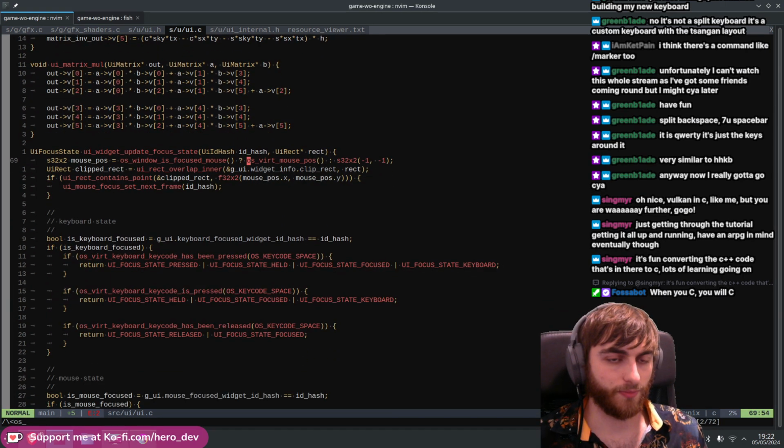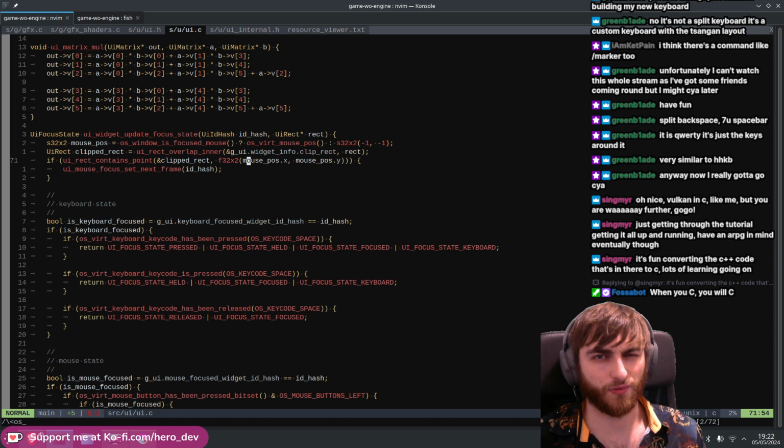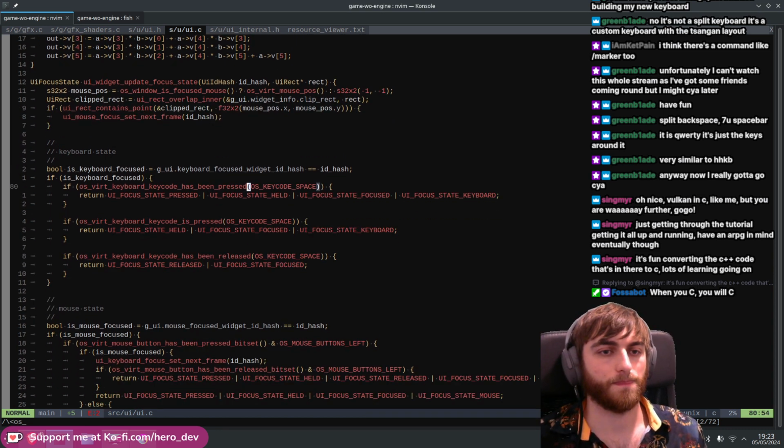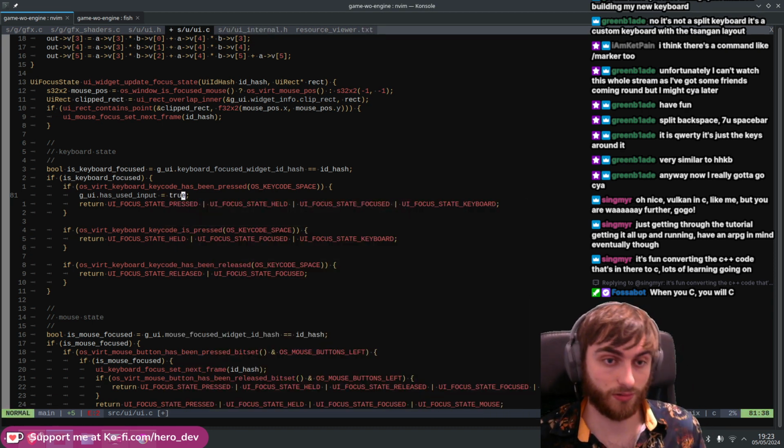Okay, so update mouse focus, so we get the mouse position. We don't care if someone gets mouse focus. That's not enough to steal the input. If someone presses space on something, then yes, that is enough. So if someone clicks